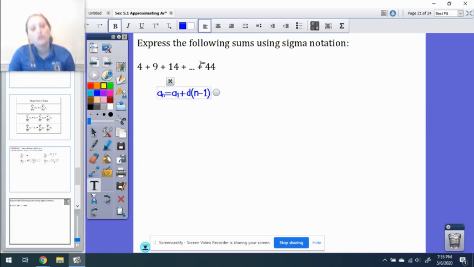Okay, so what this equation is saying is your A1 is your first term, your D is your common difference. So what's the difference between 4 and 9? It's 5. Between 9 and 14, it's 5. Okay, so our common difference in this case is 5. So we can actually solve this equation now. So we would say A,